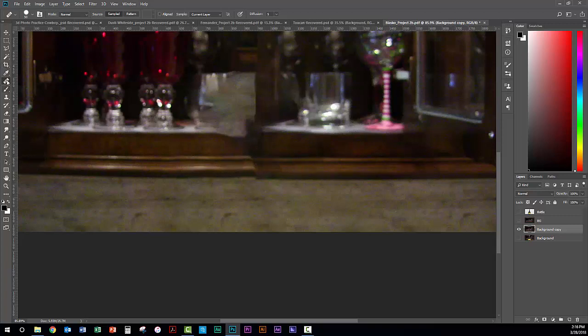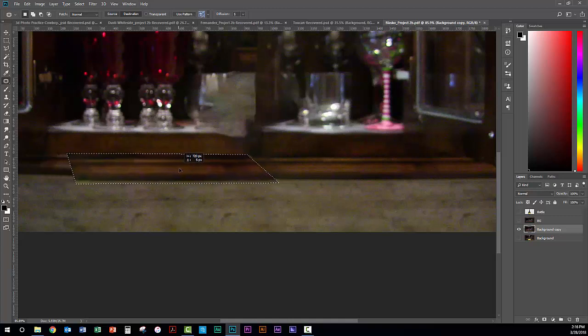The patch tool, by the way, is also content aware. And we don't have to use a rectangular brush. We can use whatever kind of brush we want to use, or selection tool that we want to use. And so we'll just take that area right there. And with the patch tool, now we want to take this and move it over here. Okay, see the arrow? We're going to move it, drop it in place,